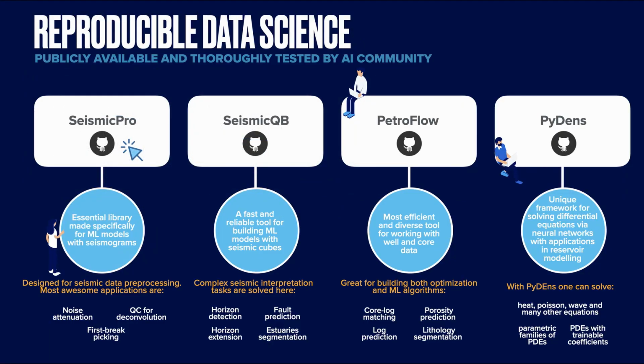For each stage in upstream, we have assembled a dedicated library with everything ready to use. Pre-processing, models, metrics, monitoring, and all you want. This session focuses on two main frameworks, SeismicPro and SeismiQB. And to give you a taste of what can be achieved in a matter of days with this toolbox, we'll go through first, machine learning for field seismic data processing, developed in a ready-to-use set of tools for tasks such as noise attenuation, first break picking, spherical divergence correction, and more upcoming this year.